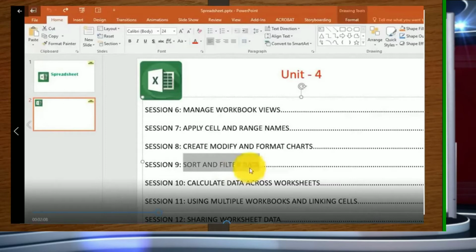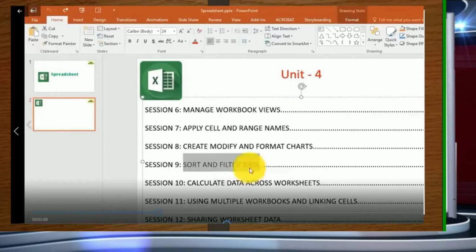Similarly, with multiple workbooks, we can link cells, or fetch data from one cell of one workbook to another cell of another workbook. So here we are sharing or fetching values from one workbook to another workbook. This can also be done. You have to understand the difference between the two.